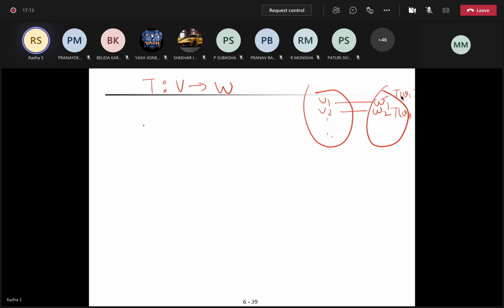There is a certain thing called the kernel of the linear transformation. So what do you mean by that? Kernel means the set of all elements in V which are mapped down to 0. Not all elements will be mapped down to 0, right? The elements which are mapped down to 0 in W, if you collect those elements, that will be a subset of V. Moreover, it will be a subspace of V, and that is called the kernel of the linear transformation. Is it clear? What do you mean by kernel?